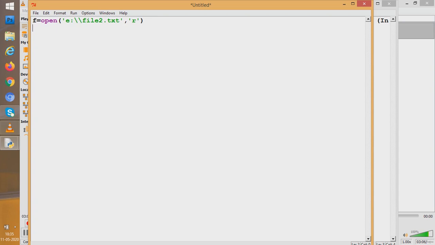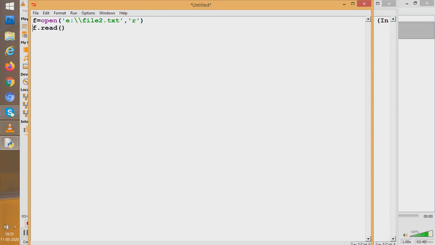Understood, students? So let us proceed and write a few lines so that we can read it. Now you see, students, f is the file object, open is the function that opens the file for us, and r is the mode which makes the interpreter understand that this time we have opened the file to read from the file. Now I will write the line that actually reads the file. What function have we used? The read function. In Python, there is a function called read that reads things from a file. And when I write f.read, things would be read from file2.txt. Why from file2.txt? Because our servant f has opened it. It has friendship with file2.txt.